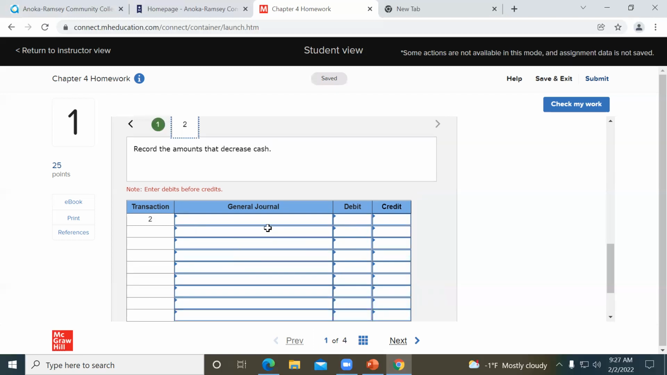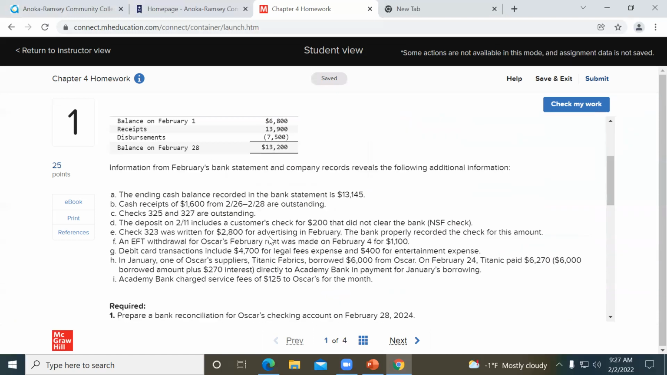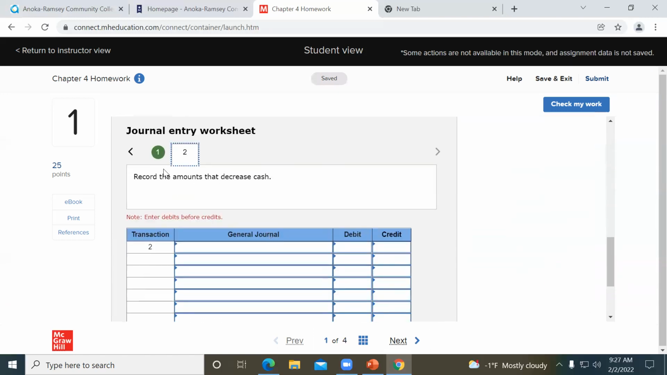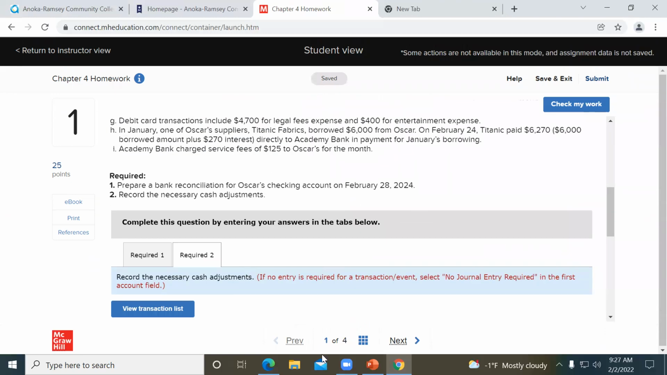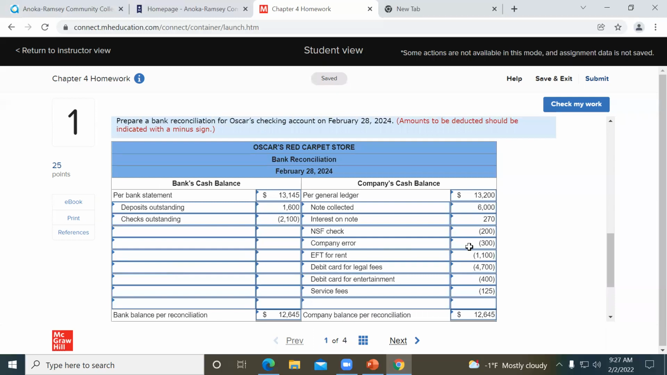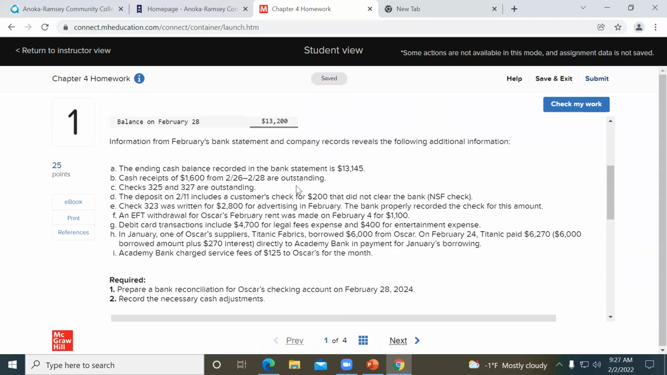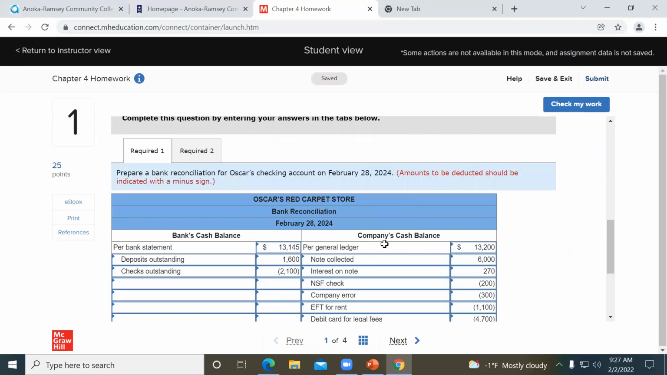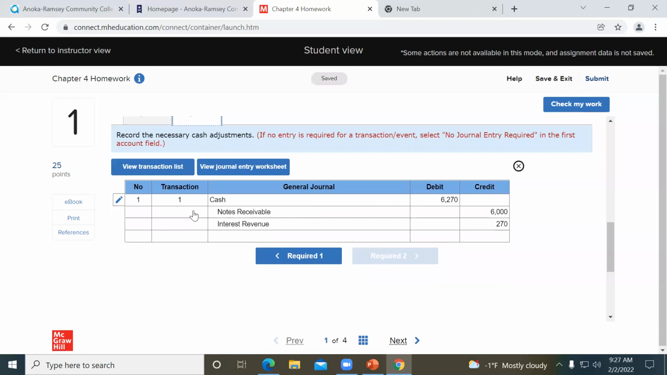Then the amounts that decrease cash, we need to show the $300. I forget all the ones. Wasn't that one for advertising? We had a $300 error. We had an NSF check. Was the $300 error for advertising? I think it was. Yep, advertising. Rent withdrawal. Legal fees, entertainment. Okay, so the first thing we're going to need to do